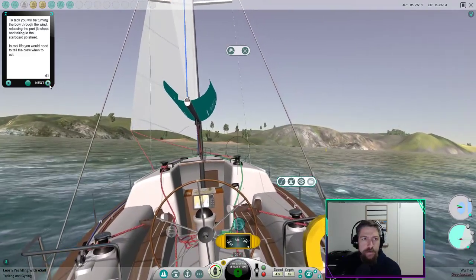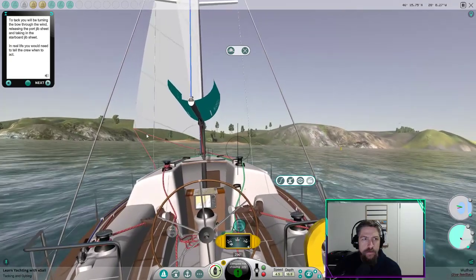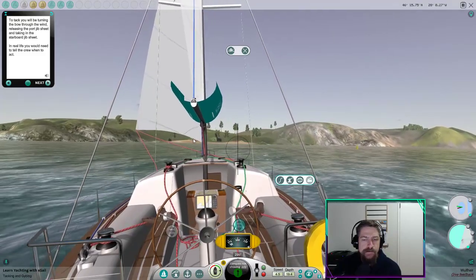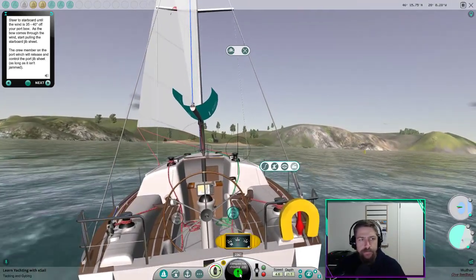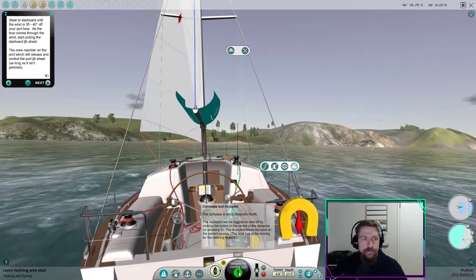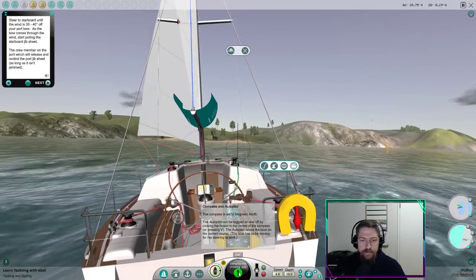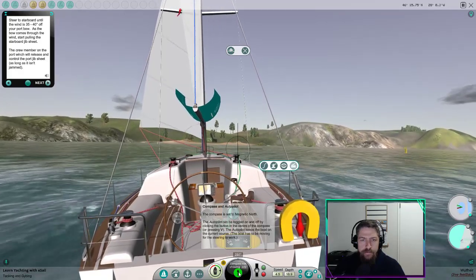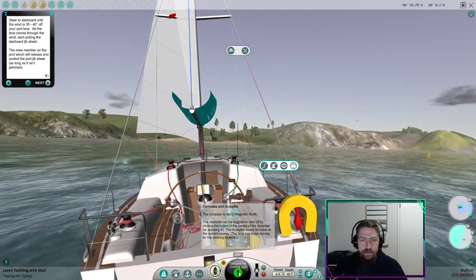To tack, you will be turning the bow through the wind, releasing the port jib sheet, and taking in the starboard jib sheet. In real life, you would need to tell the crew when to act. Steer to starboard until the wind is 35 to 40 degrees off your port bow. As the bow comes through the wind, start pulling the starboard jib sheet. The crew member on the port winch will release and control the port jib sheet, as long as it isn't